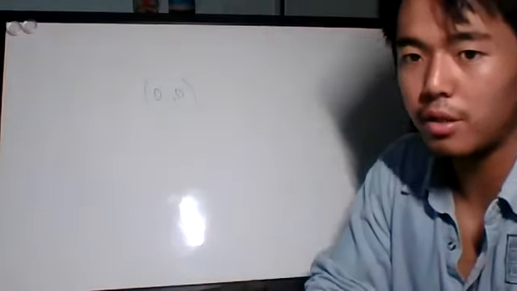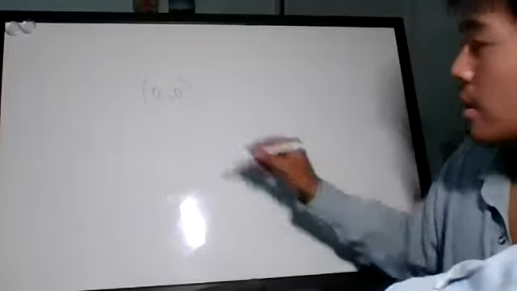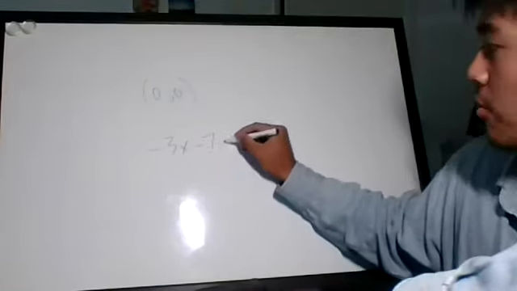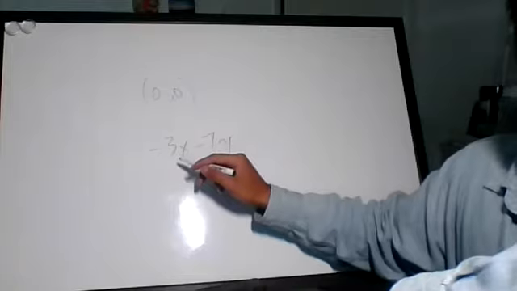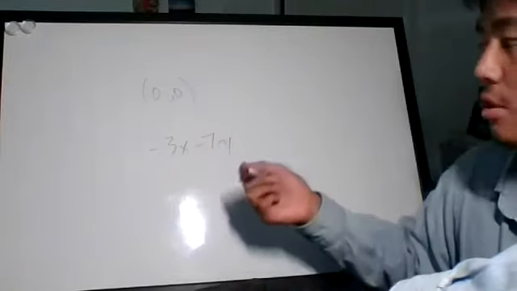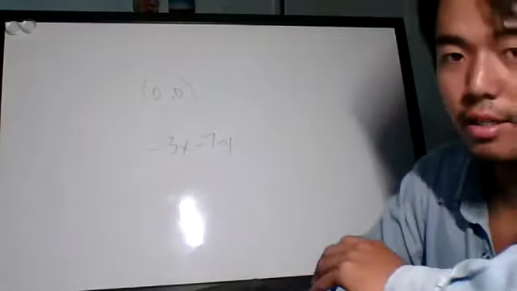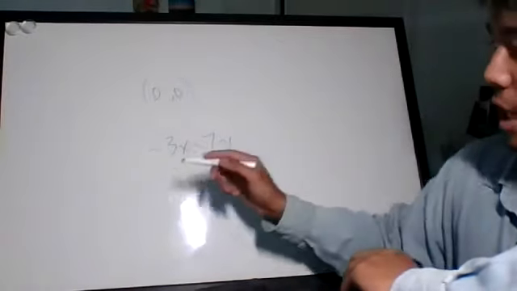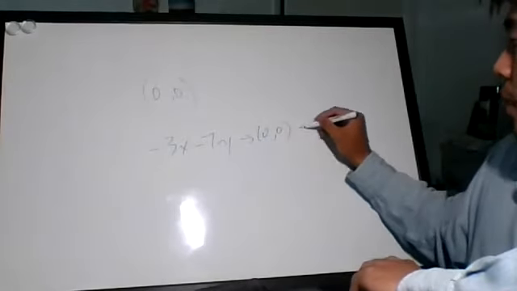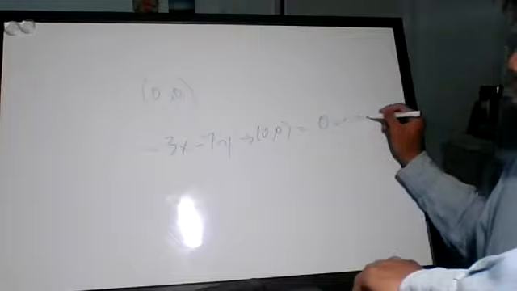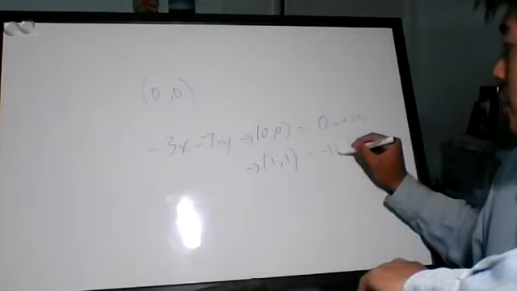And so when you think about what this utility function looks like, this utility function is negative 3x minus 7y. If I increase my level of x by 1 unit, I'm actually getting 3 less utility, right? I'm losing 3 units of utility. And same thing for y, I'm losing 7 if I increase my consumption of y. And so the best that we can actually do is having 0 of each good, right? So the bundle 0, 0 provides you with 0 utility, but that's better than having, say, 1, 1, in which you would have negative 10 utility,